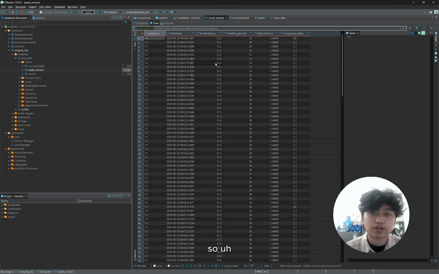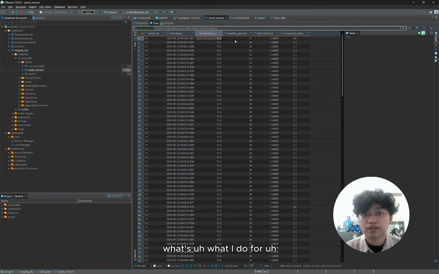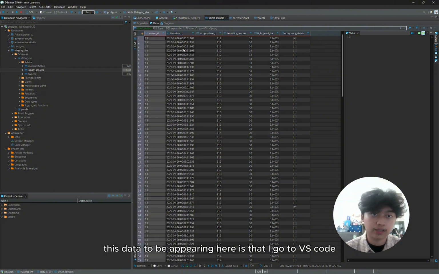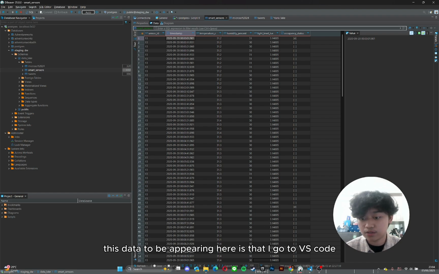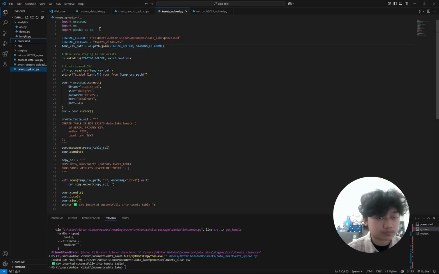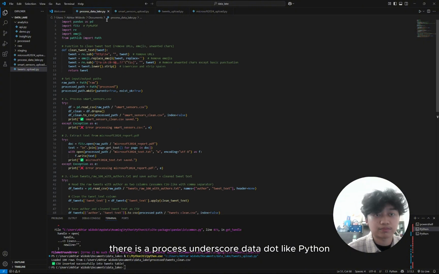So what I do for this data to appear here is I go to VS Code, and as you can see there is process_data_lake Python.